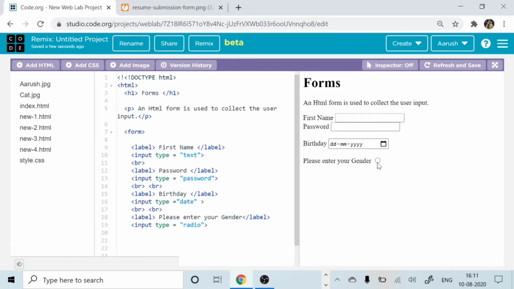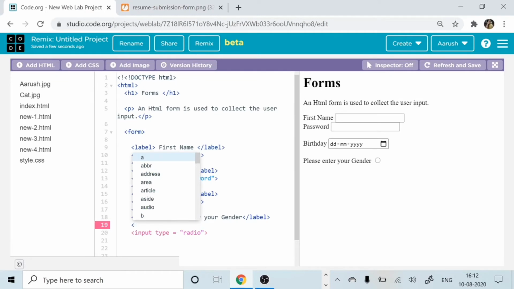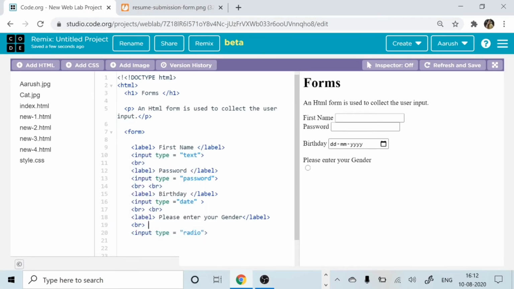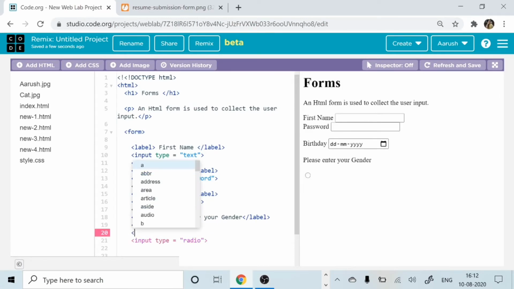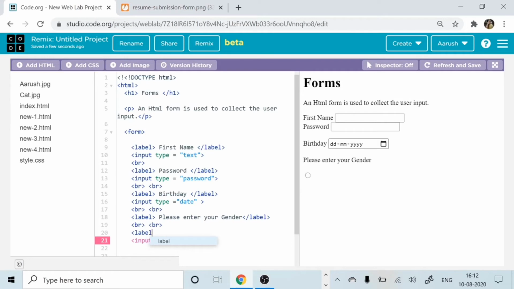Correct? Okay. Now in this radio button, we also need another label, and that is whether it's a boy or a girl, right? So what are we going to do next? Again, we will put a break tag here and another one. We go down, then we go here, put label, and we will say boy, correct?